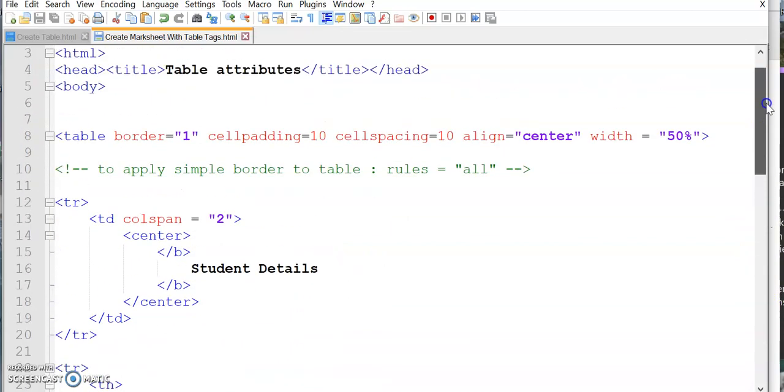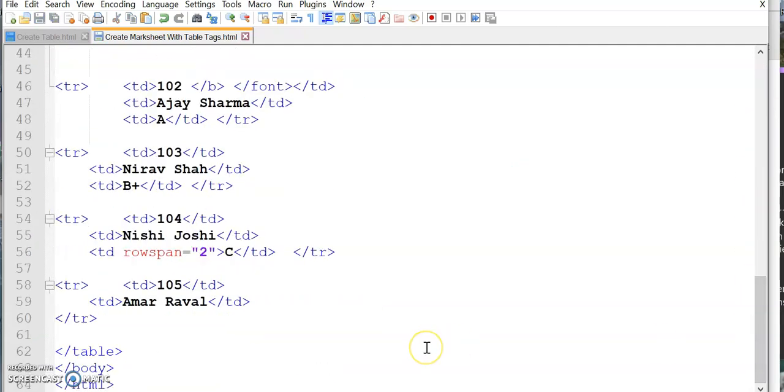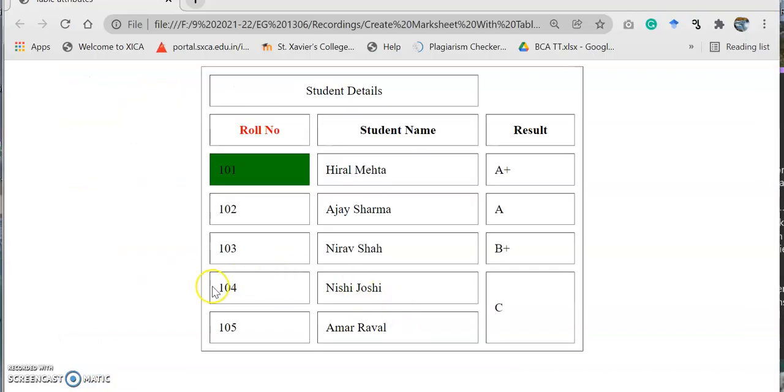Colspan is 2, right? It's 3. Okay, so which row do we want to apply it to? The 4th row, that is the Nishi Joshi row. This row you want to merge with the below row. And so we should write the rowspan attribute at this level or in this tag.